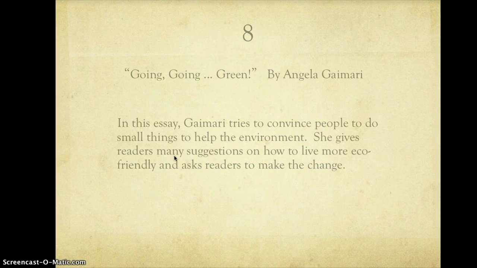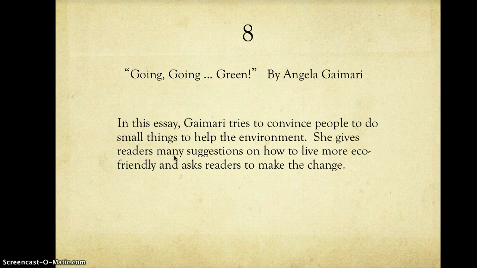All right, number 8, Going Green by Angela Gameri. In this essay, Gameri tries to convince people to do small things to help the environment. She gives readers many suggestions on how to live more eco-friendly and asks readers to make the change. Okay,